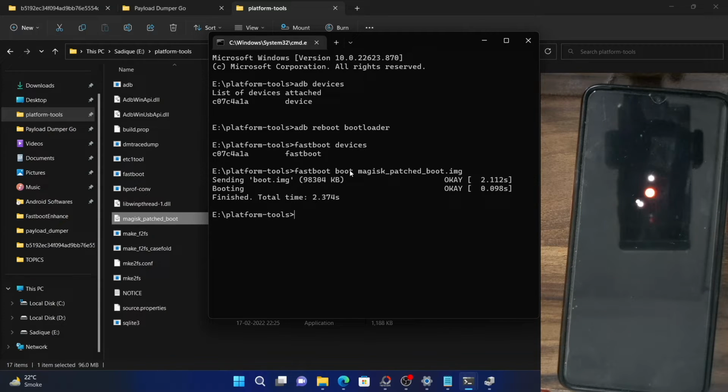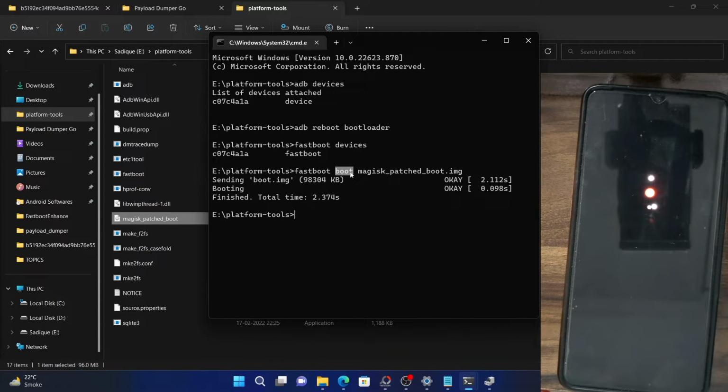So this is the reason why we recommend you to first boot the Magisk patch. In case something goes wrong, you just need to restart your phone and your phone will replace the Magisk patch boot image with the stock boot image and your device will be up and running. However, if you directly flash the boot image, then your device might get stuck in the fastboot or bootloop mode. Therefore, it's always recommended to first boot your device, and if everything is well and good, your phone